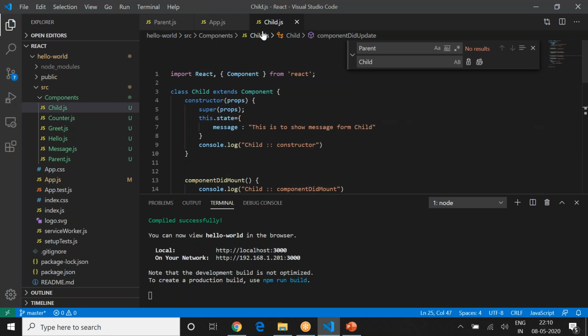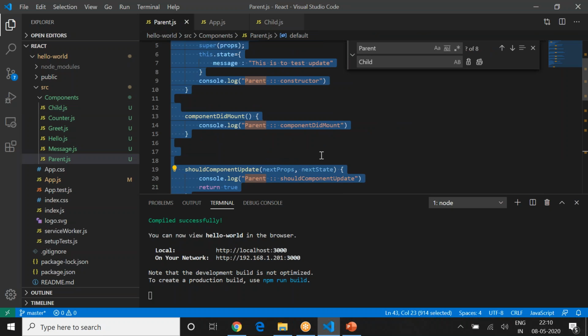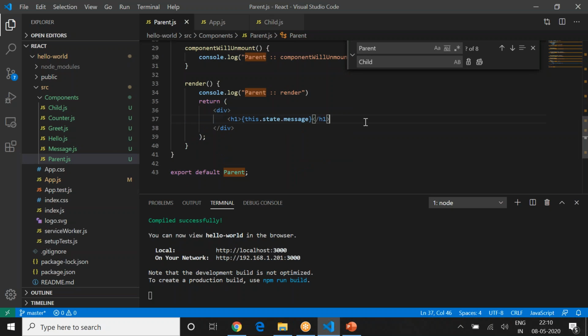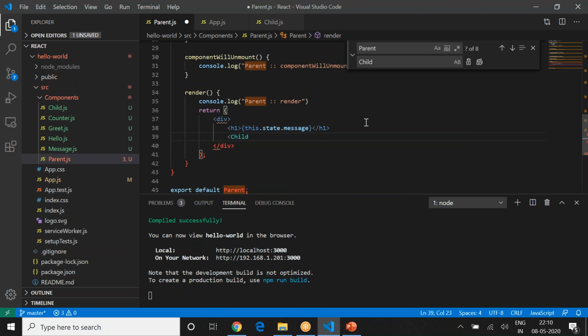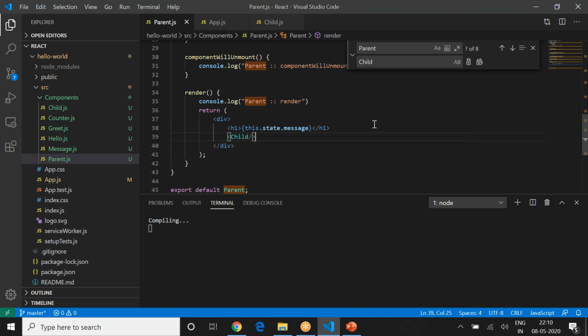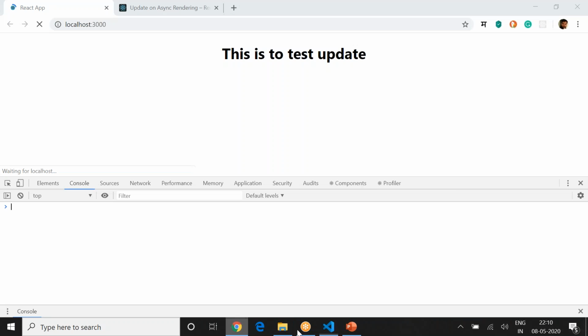Good with this. Now you want to do what? You want to add that particular child here as a component. So let's go ahead and add it here, and I'll say child. Correct. Close that particular option. Render the screen, and you should be able to